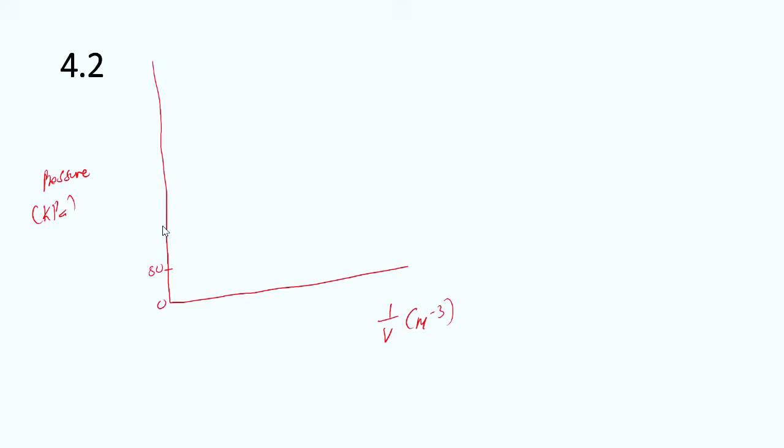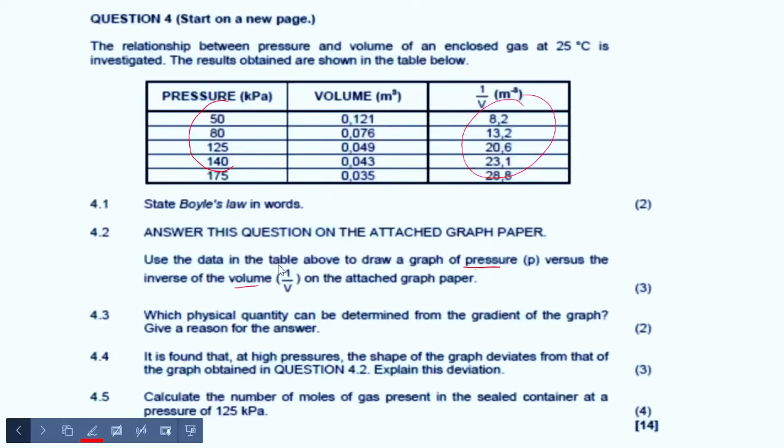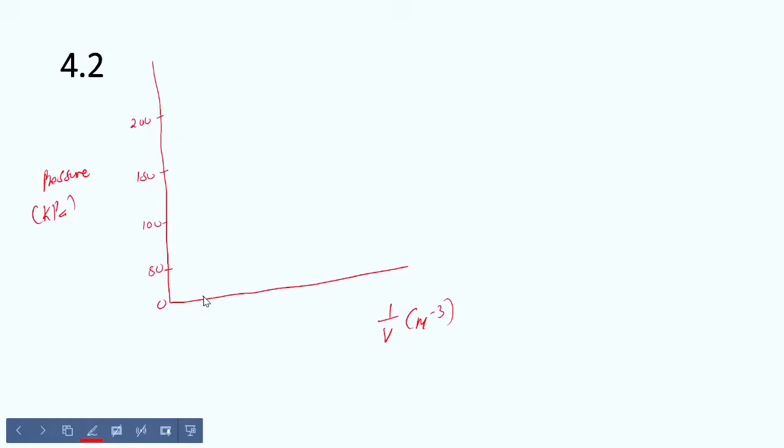So that's 0, 50, 100, and then we're going to have 150, and then we're going to have 200, right? Then for the other one, let's see the interval that we can choose. Here we have 8.2, 13.2, 20.6, 23.1, and that. So we can choose to have an interval of 5. So this will be 5, and then 10,